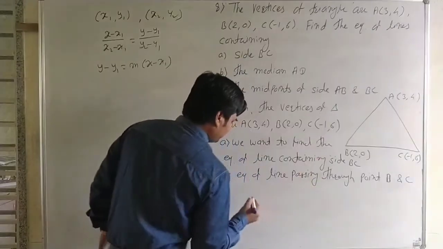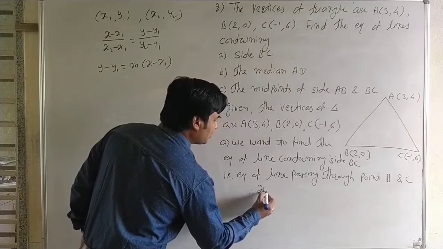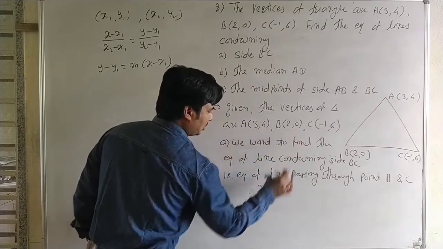Then we know the equation of a line passing through 2 points. Therefore the equation of the line is x minus x1, that is x minus 2,